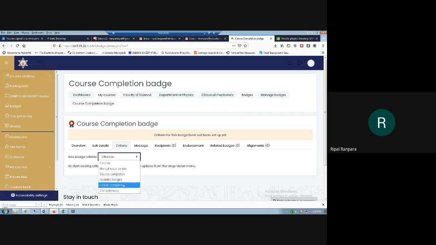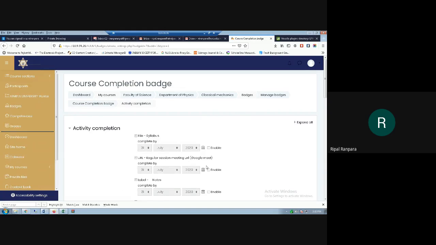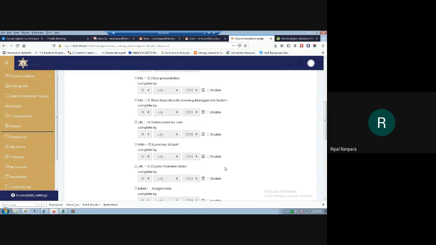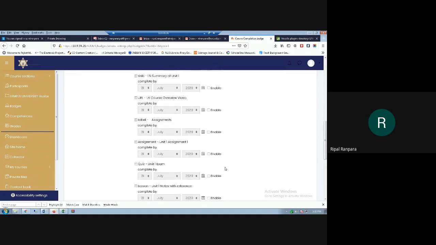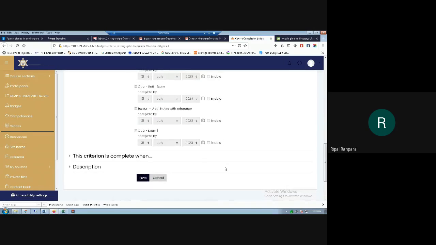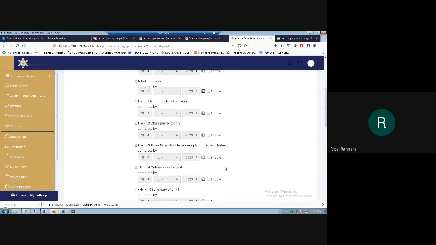After that, activity completion. For the particular activity completion which you have inputted in this platform, let me select this activity completion. It will display all the activities which I have set up and given to the students in unit 1.